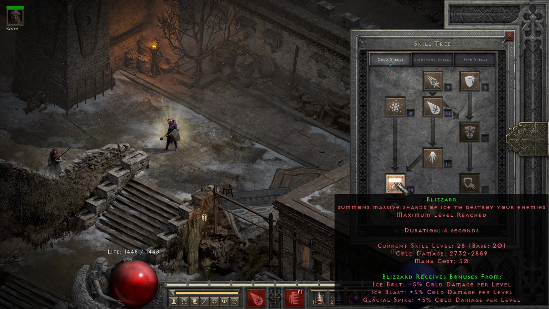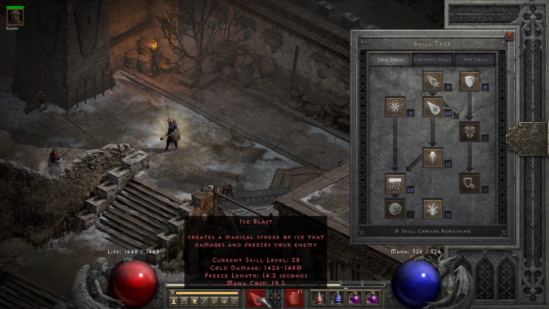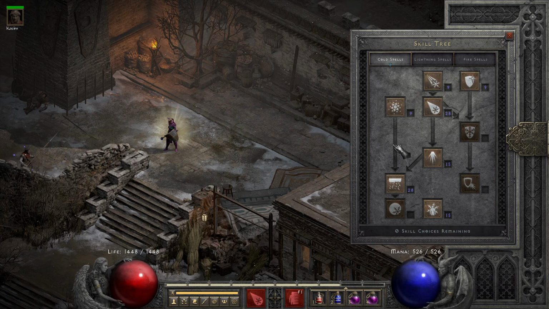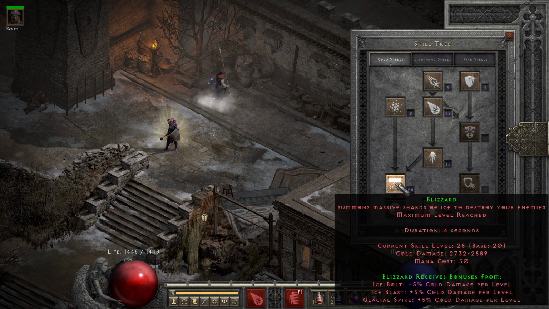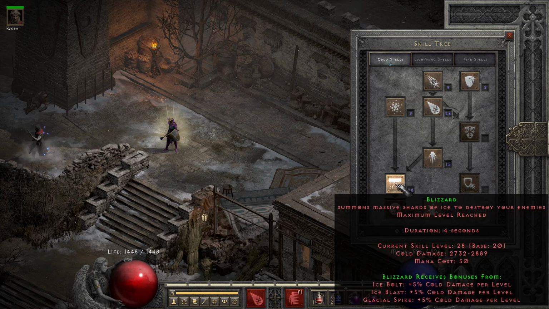I maxed out Blizzard and Ice Blast. I use Ice Blast on my left click. That is for basically like single targets or whatnot. If I can do dual damage here, it really helps out. But yeah, Blizzard, it does only 2,900 damage, just a little less. And it does good against packs. Like I said, it will clear the majority of packs with 1 Blizzard, unless they're like boss packs, seal popping and Chaos Sanctuary. And then